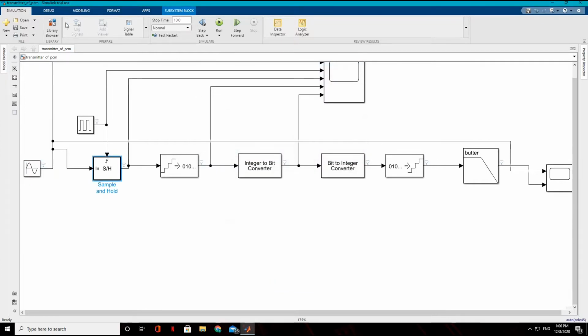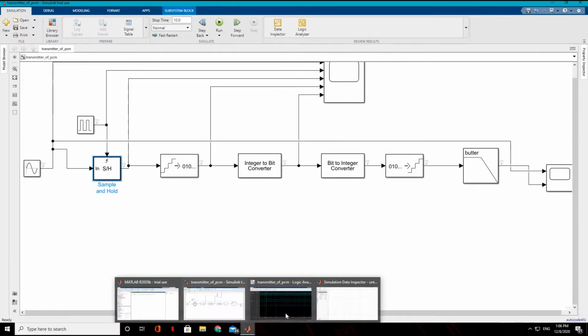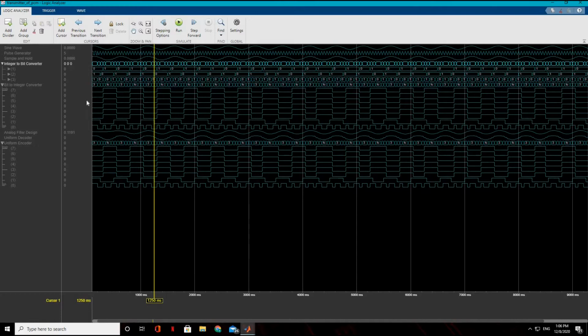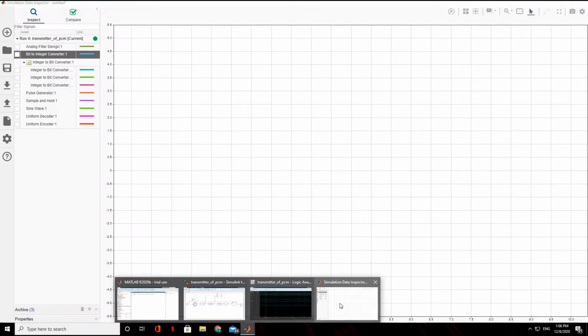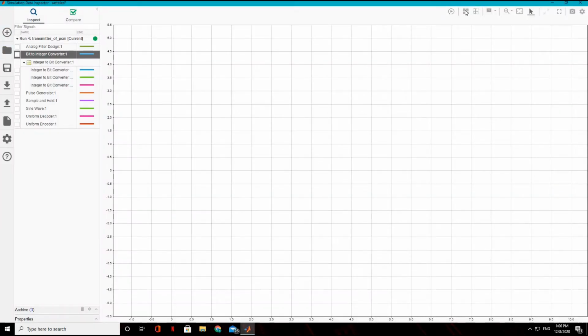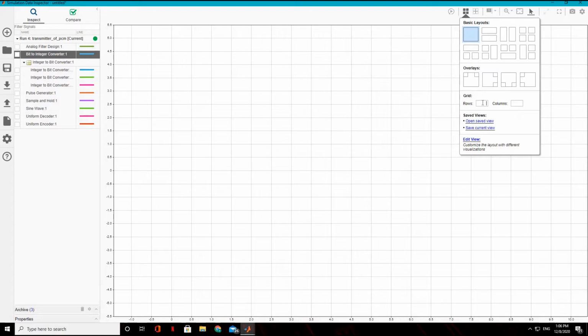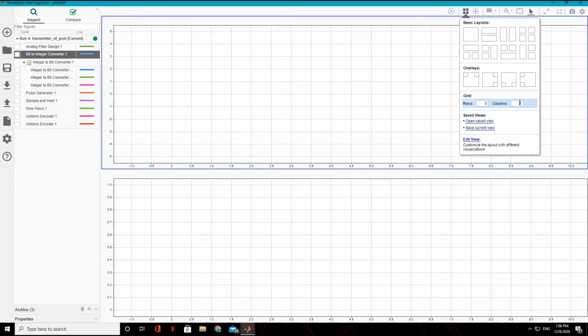Before moving on to the simulation, you have to save it and then run it, and then you can see that two windows are opened. This is the sine wave, this is the pulse wave. Apart from this, we can easily analyze with another logic analyzer. Now let us specify the number of plots. We need 2, and this is